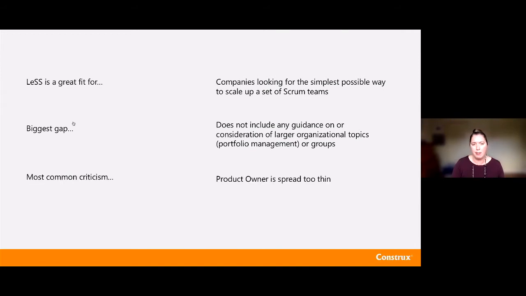And the most common criticism is that the product owner is spread thin. Many of us will talk about a product owner supporting up to 2 Agile teams, up to 2 Scrum teams. Here we're looking at a product owner for up to 8 teams. So really what they're becoming is the connector between the team and the business, making sure that there's that conversation directly with the team, or the team has the right resources and people on it so that they can really understand the business context and the business need and provide all of that information. So this is one criticism that some people have had with this scaling framework.